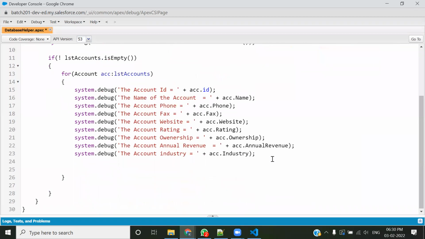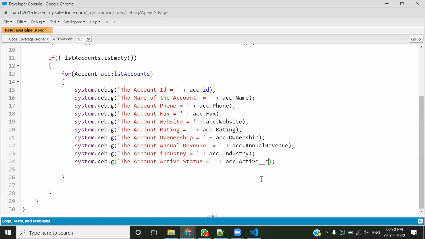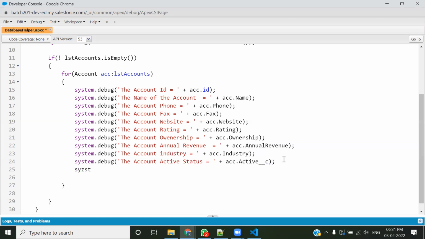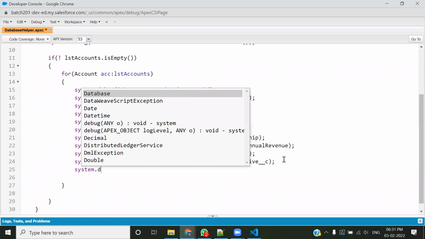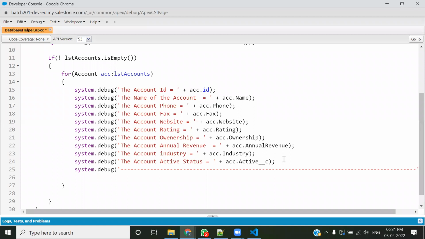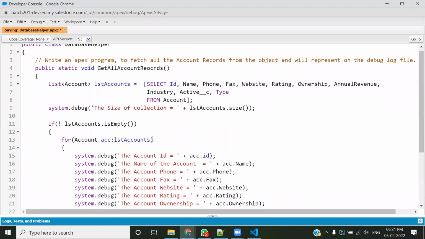इंडस्ट्री के बाद क्या है, एक्टिव स्टेटस, ओके। सो System.debug the account active status equals to plus acc.active status, ओके। ये पहला रिकॉर्ड के लिए हो गया। देखो, पहला रिकॉर्ड जब प्रिंट होता है तो उसके बाद अब मैं चाहता हूं कि एक पार्टीशन हो दूसरा रिकॉर्ड प्रिंट होने से पहले, दैट्स व्हाई System.debug, जस्ट फॉर अ पार्टीशन, एक पार्टीशन के लिए ये कर रहा हूं मैं, ठीक है। दैट्स फॉर द रीजन। नाउ लेट मी सेव दिस फर्स्ट ऑफ ऑल, ठीक है।